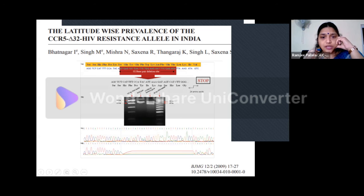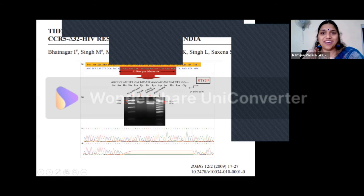And you see here, this is the clean sequence in the normal human, and this is the sequence with blank lines or flat lines, because there is no sequence to be read there. So this is the value of the sequencer or the PCR that we can actually